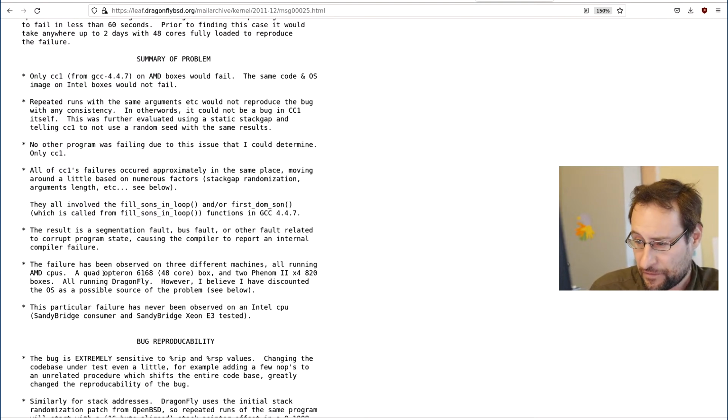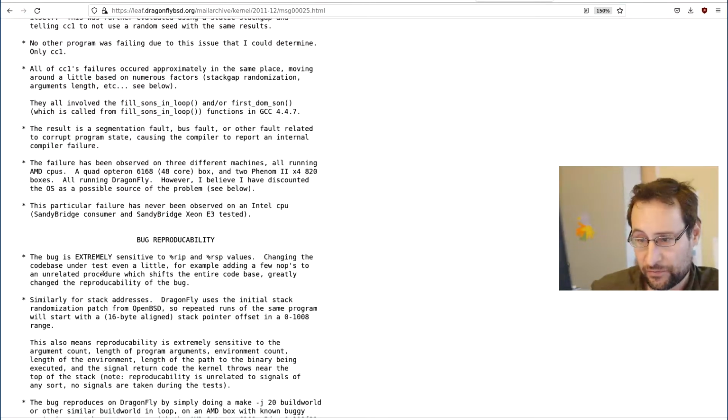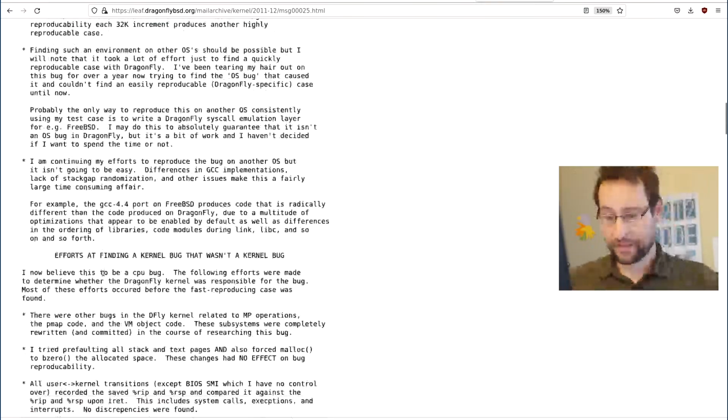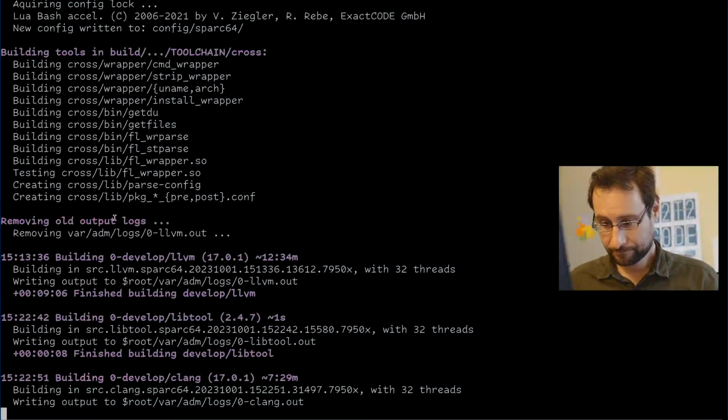Failure has been observed on 3 different machines, all running AMD CPUs: Quad Opteron, 48 cores, Box 2, Phenom II X4. Hey, I still have those. All running DragonFly, however, I believe it has been discounted that the OS is a possible source of the problem. See below. Particular failure has never been observed on an Intel CPU, Sandy Bridge consumer. The bug reproducibility is extremely sensitive to REP, RSP, changing the code base, and little similar stuff. Anyway,